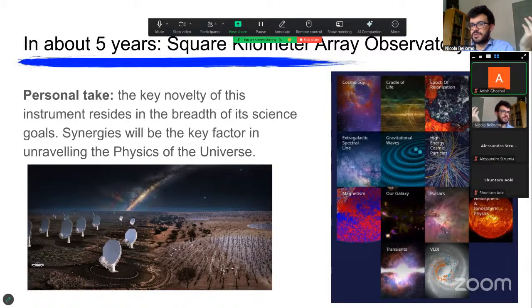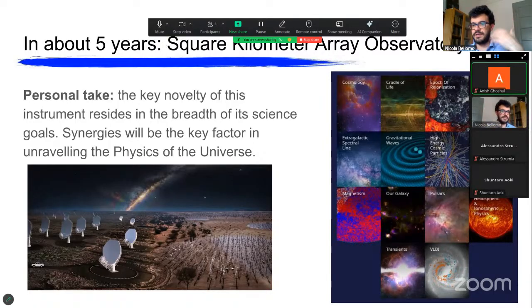So as my personal take, let me say that what I find really interesting about this instrument is its capability of probing different aspects of the cosmos in a very complementary way. And it is precisely using these synergies between, for instance, emitted electromagnetic radiation and emitted gravitational wave radiation that we might be able to shine light on a set of astrophysical processes that now are, let's say, not known very well. And actually, this sort of synergy is